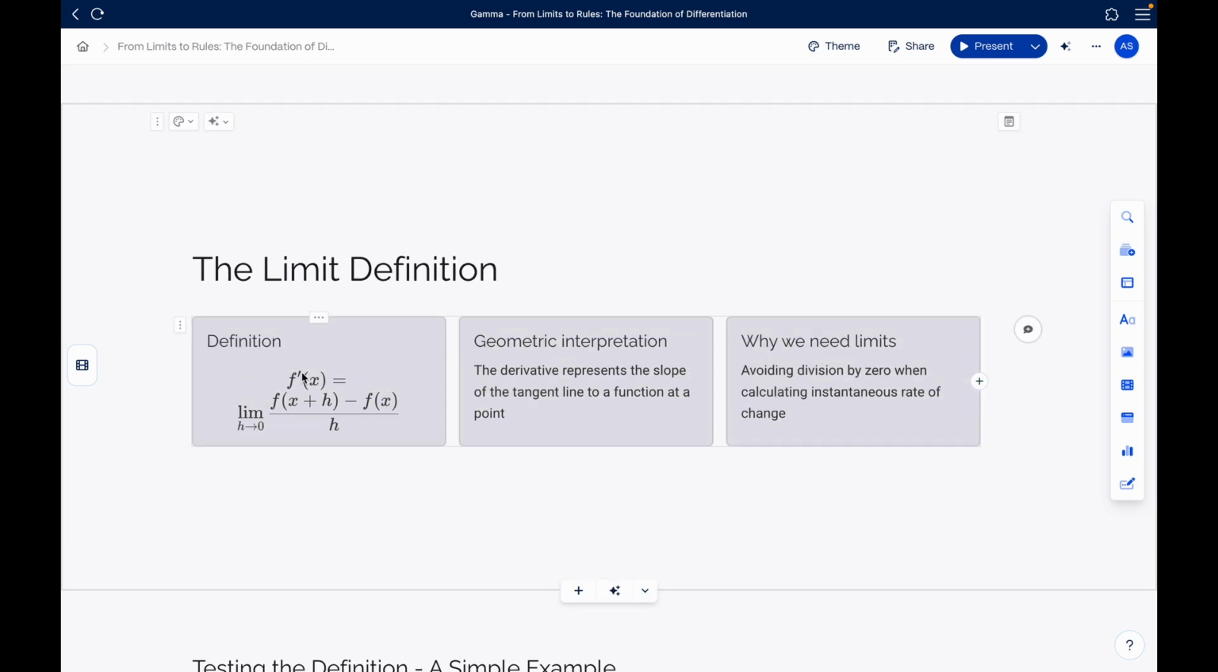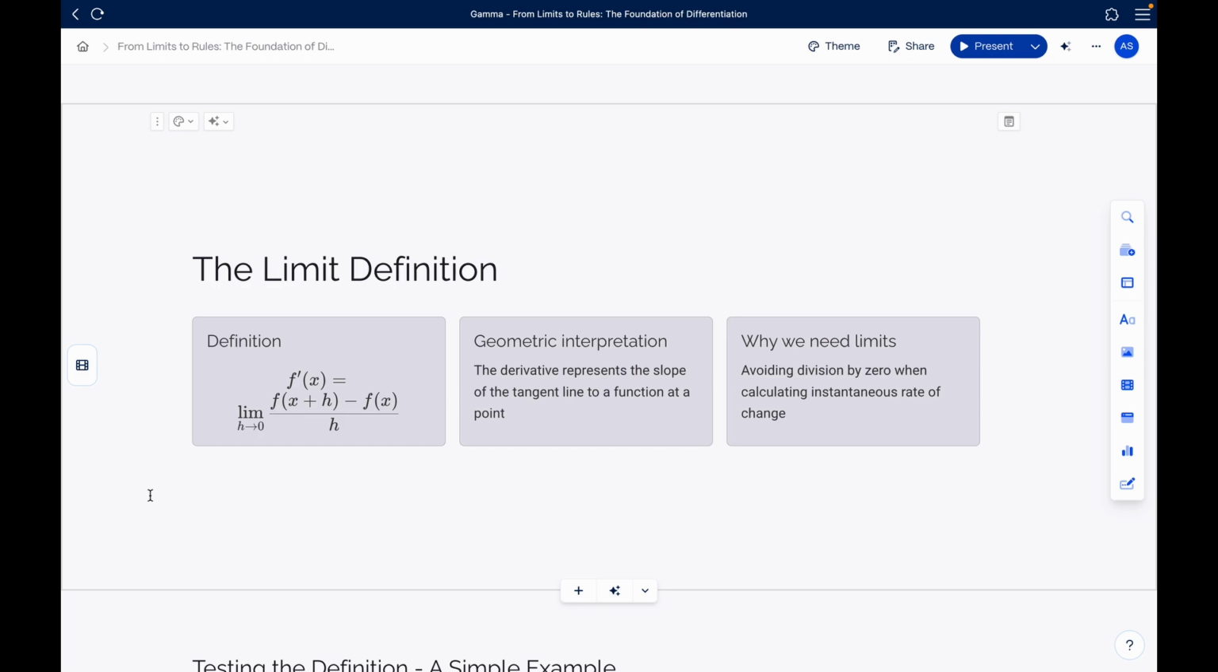Over here is our definition. f dash of x, or the derivative of f of x, is equal to the limit as a variable h approaches 0 of f of x plus h minus f of x divided by h. Now, the derivative represents the slope of the tangent line to a function at that same